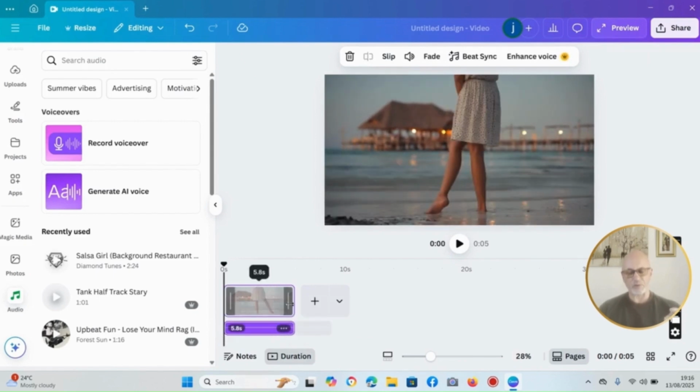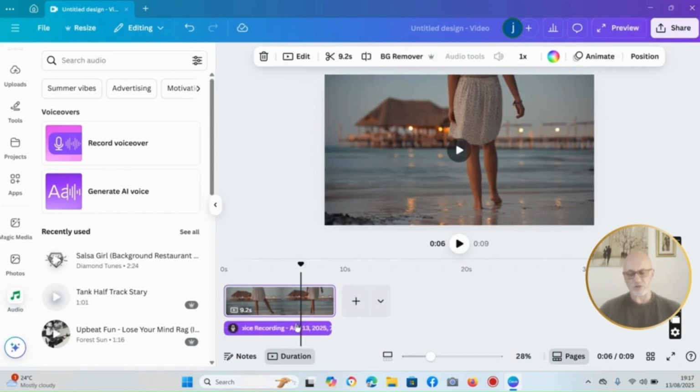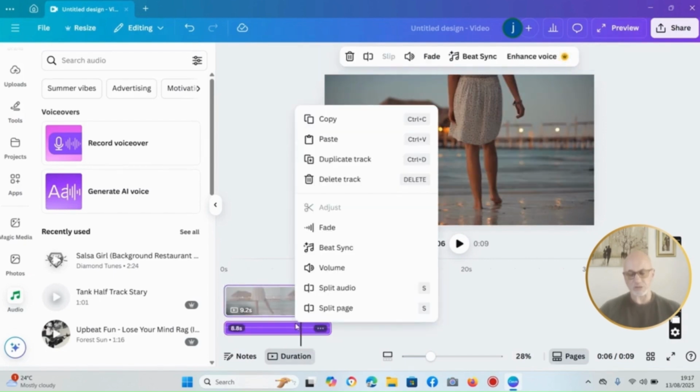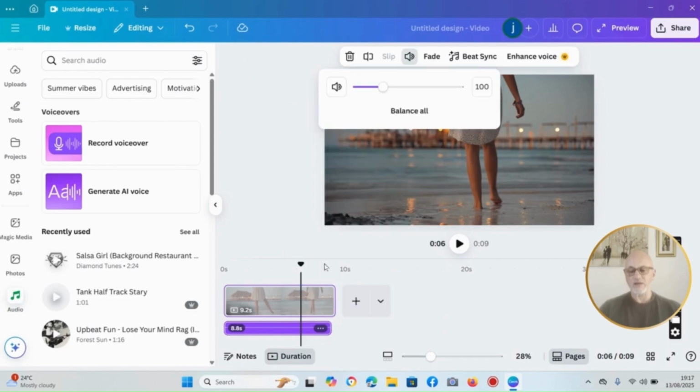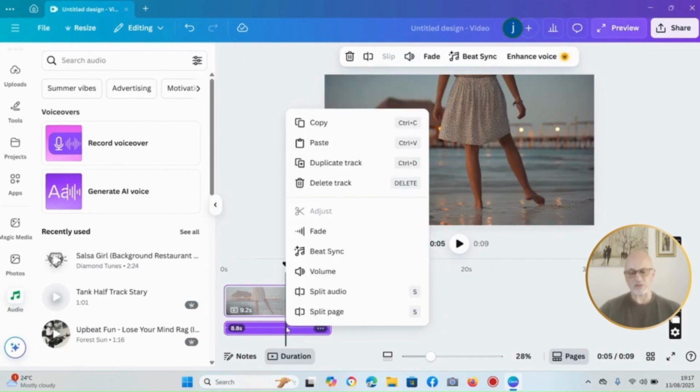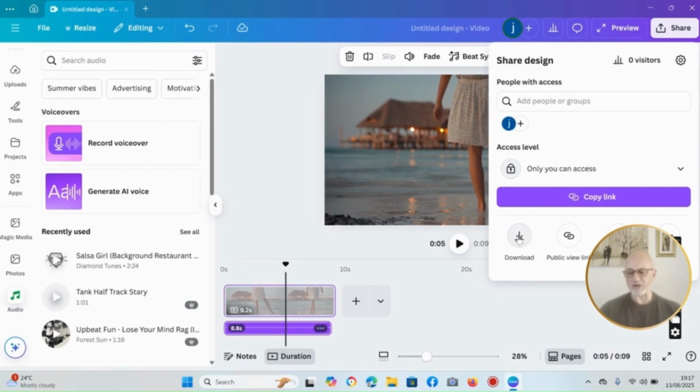See, it's 5.8 seconds. So if I do a right click, I've got the different options there for volume, delete track, duplicate track, split audio, split page. Once I'm happy, I can share it, I can download it, I can save it to